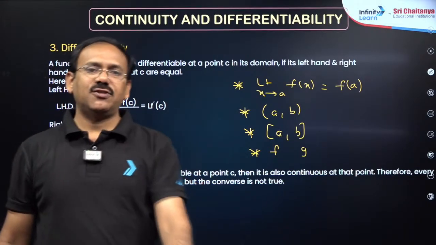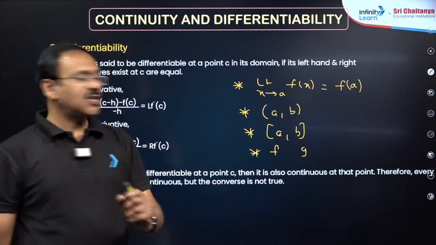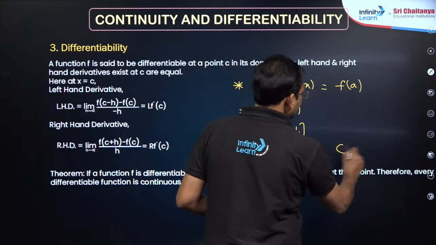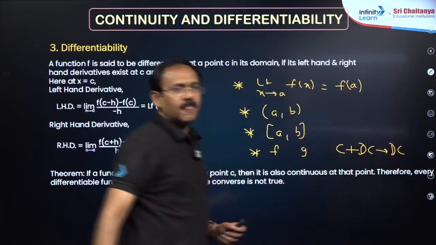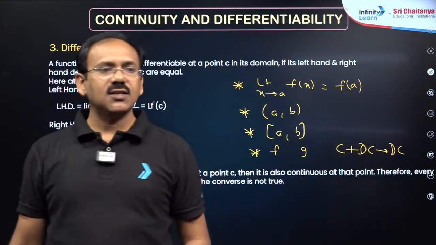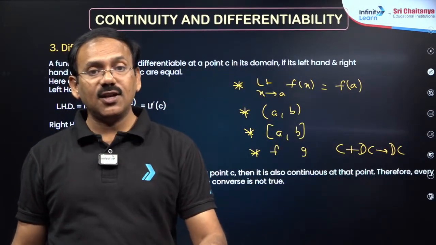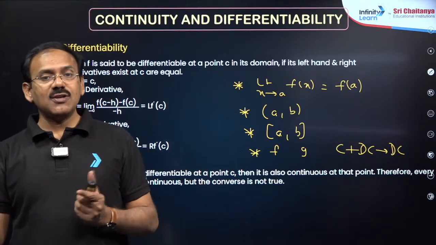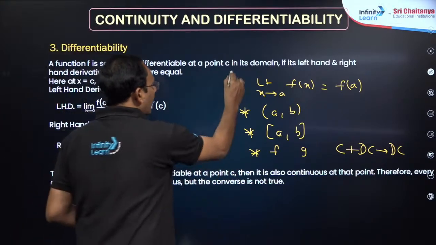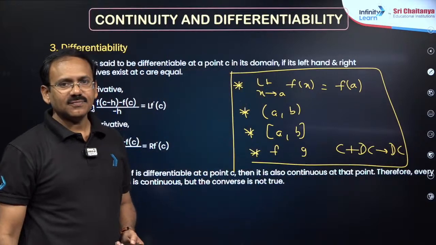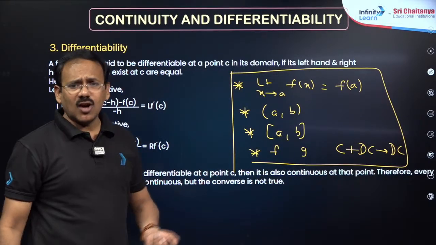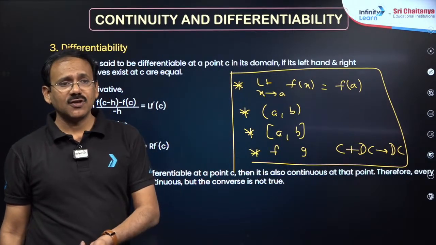Next important point is, if f, g are there at a particular point, do remember: continuous plus discontinuous is discontinuous. Continuous plus discontinuous is very, very important. Continuous plus continuous is continuous. Discontinuous plus discontinuous we cannot say, may be continuous, may not be continuous. These points are enough in continuity, my dear friends. That's it. And by observing the graph also you can say whether the function is continuous or not.